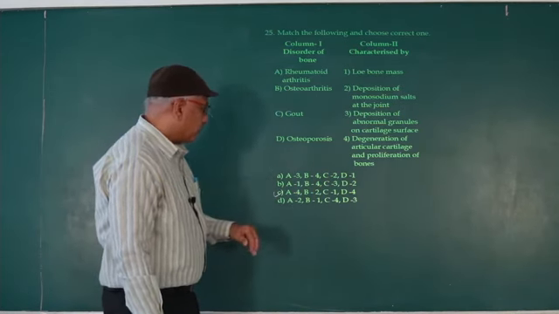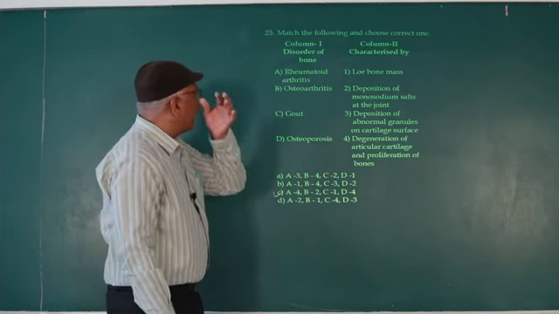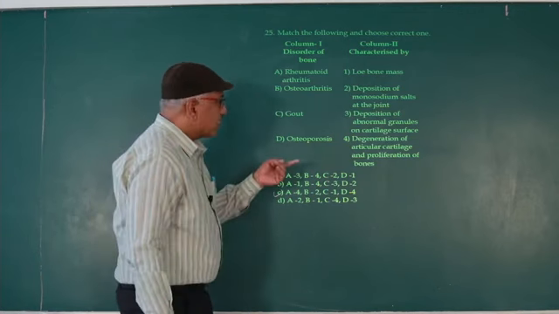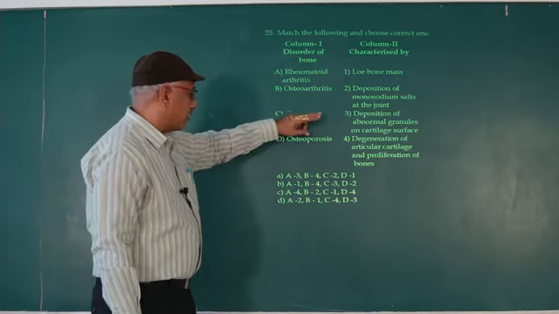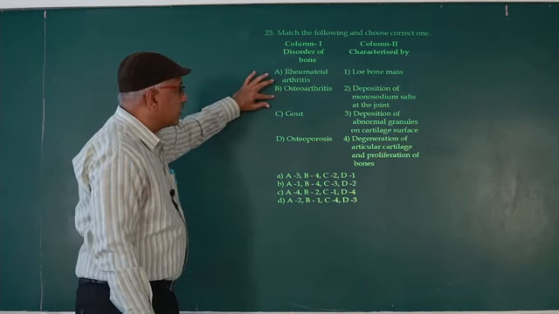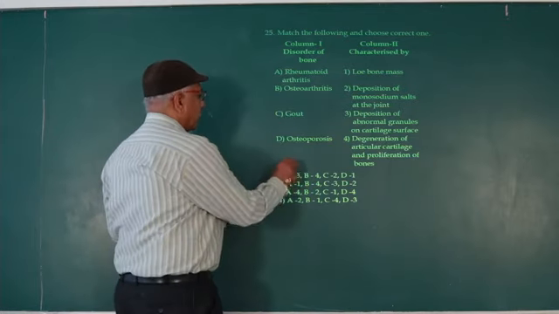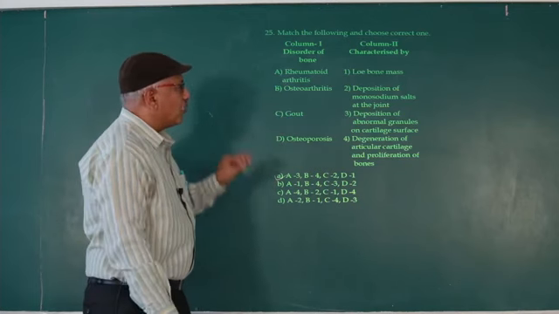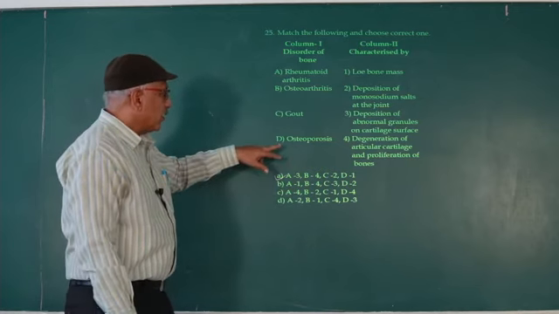So, D1. A, rheumatoid arthritis, deposition of abnormal granules on cartilaginous surface. Next one is degeneration of articular. So A is rheumatoid arthritis, deposition of abnormal granules. B, osteoarthritis, degeneration of articular process. So first option. Next one is gout. Gout means deposition of monosodium salts at the joint. So that is uric acid.